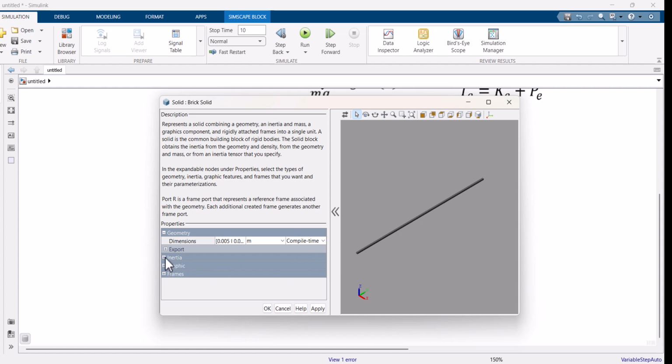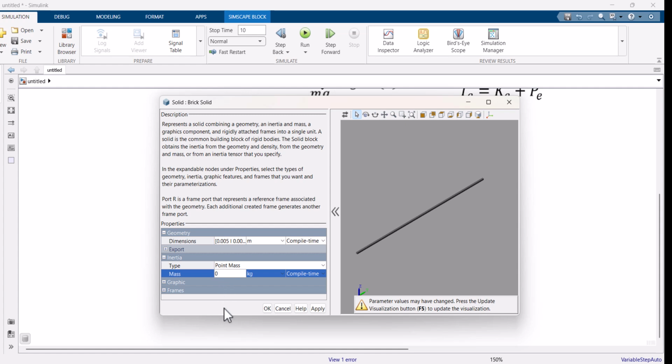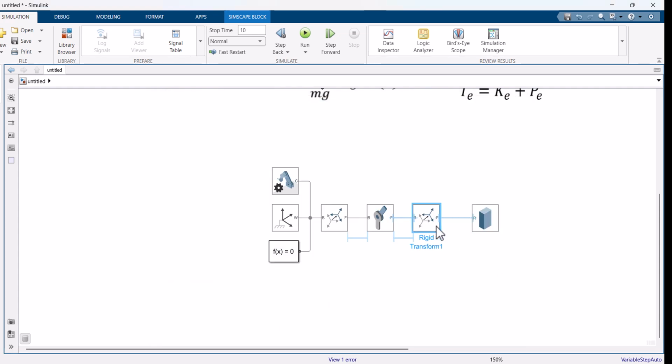For it to be a massless rod so that it doesn't affect any movement of our pendulum, I need to define it as a point mass, and then its weight will be 0. Okay, so that's it. You can change its color from the graphics tab, but for the time being, let it be. Okay, now we have the rod,